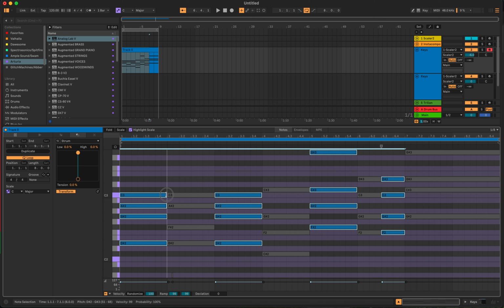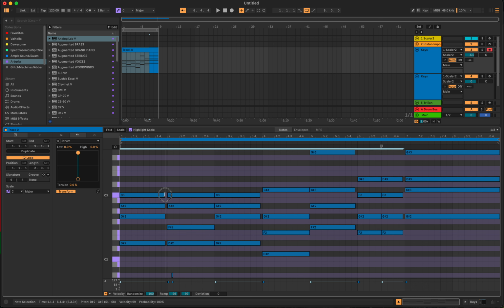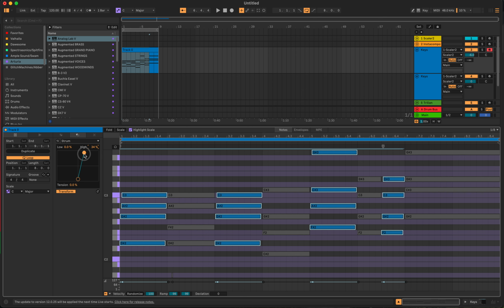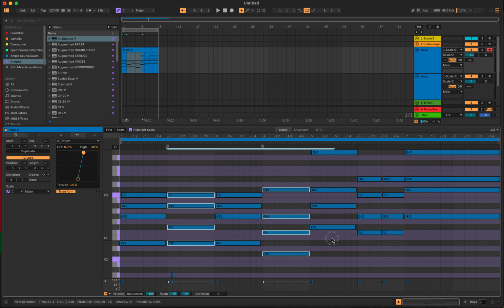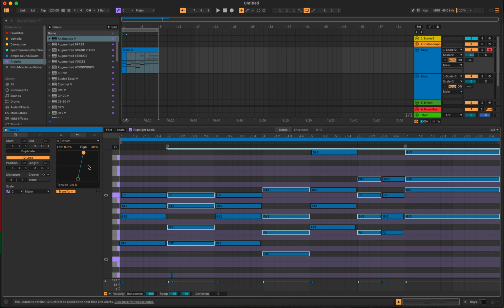I forgot to shorten them. If you're going to do strum, you just shorten them a little bit. Then you can lay them out like that. And then you can go in and select these, hold down shift. And then maybe you want these to go a little bit forward. Okay, so now you have